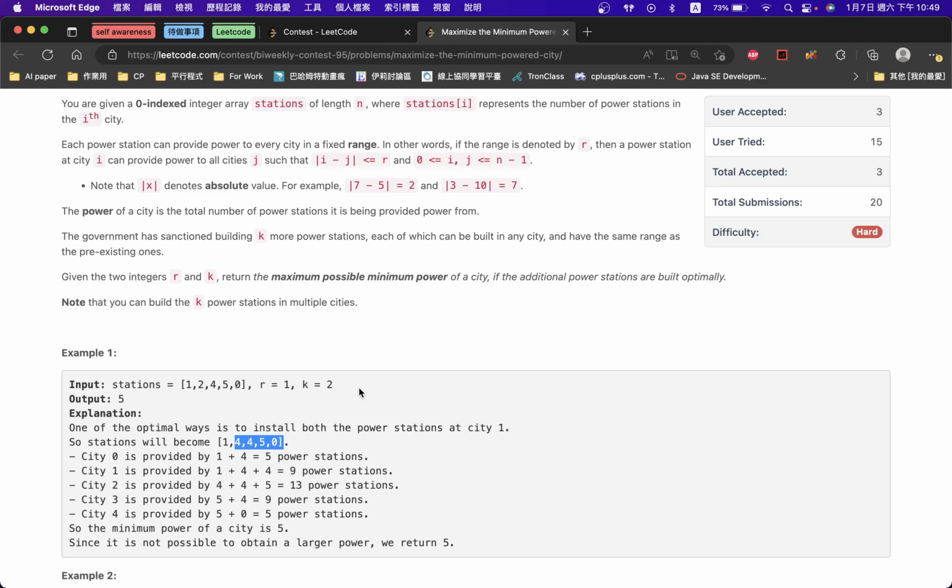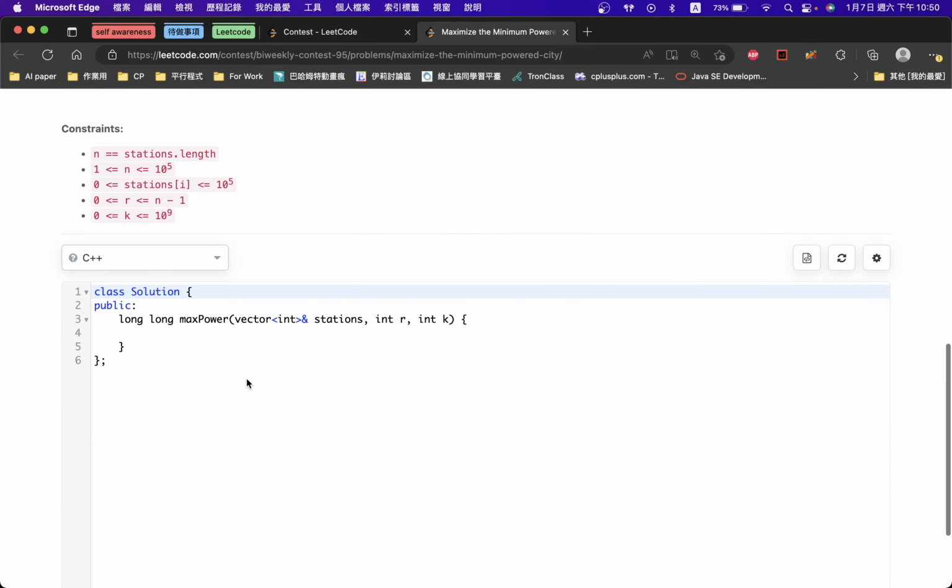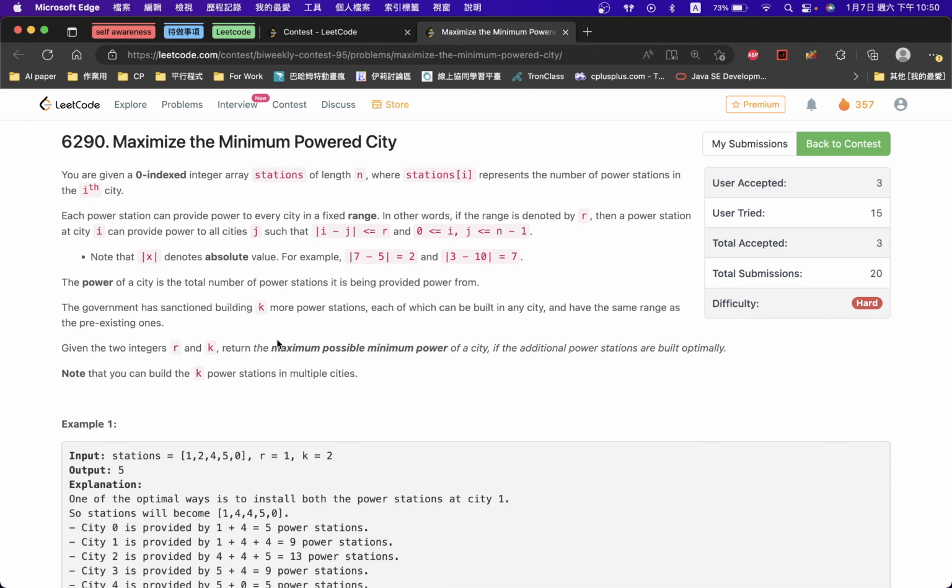Can each be built in any city with range as the existing? Okay. I know that. So K can add any stations. And the idea is, we must add